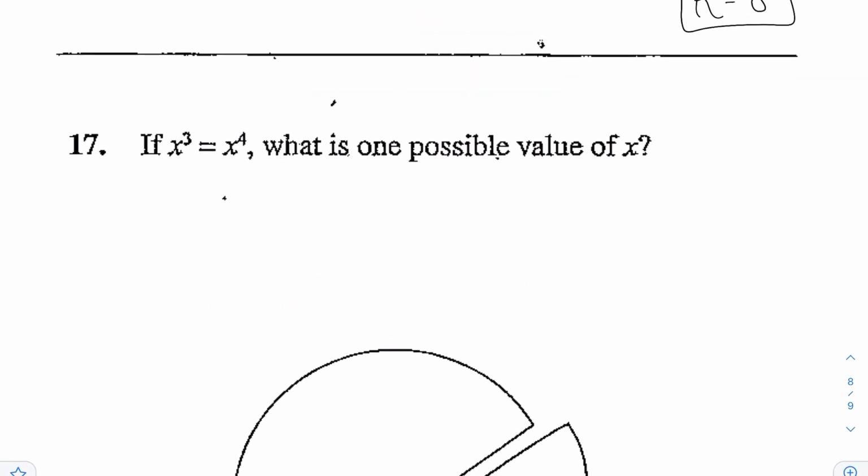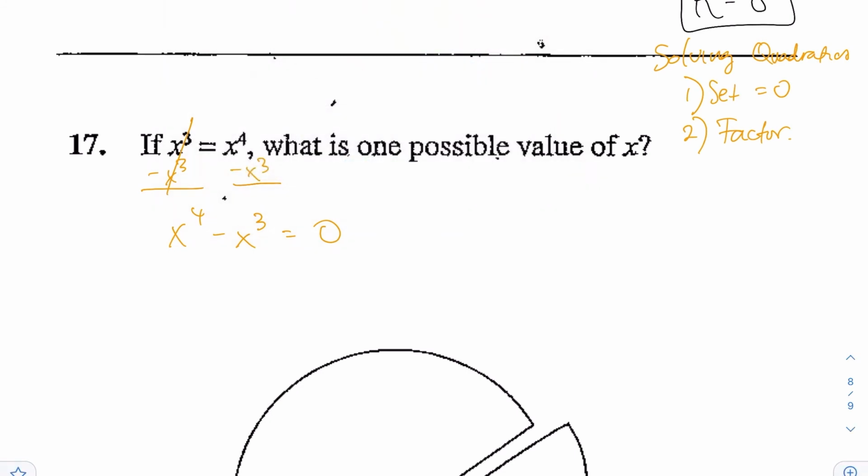All right, next for number 17. If x cubed is equal to x to the fourth, what is one possible value of x? So here, in order to solve for this, you actually have to set it equal to 0, just like all quadratics, and then factor. So you would have to subtract x cubed from both sides. You would get x to the fourth minus x cubed is equal to 0. And now once you factor this, you can factor out x cubed, which will leave you with x minus 1